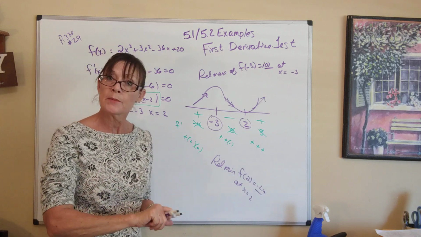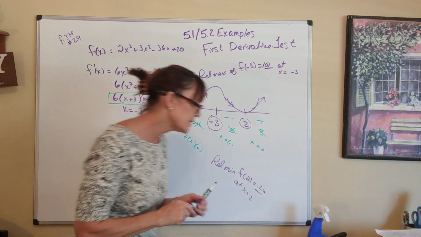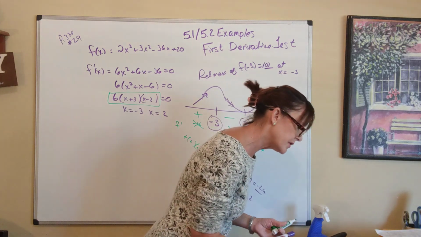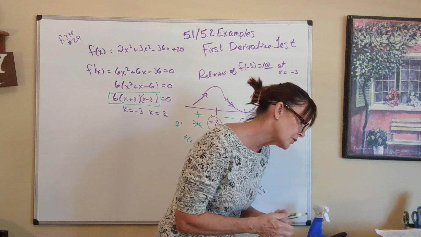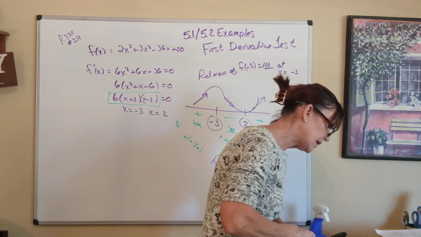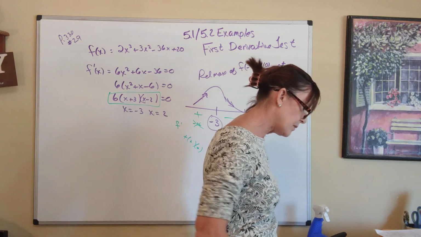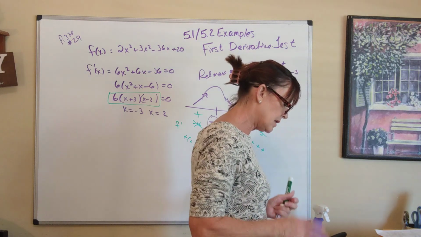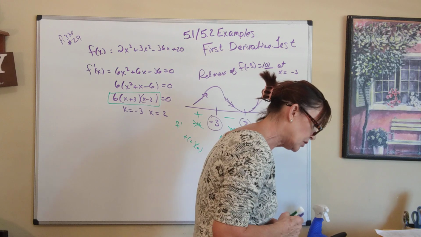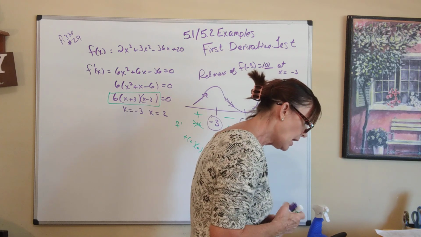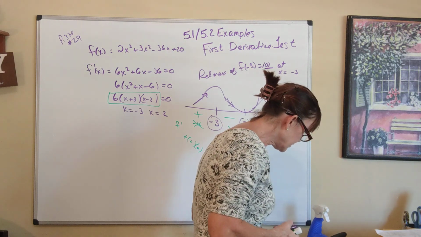Okay, we have one more example for this video, and it is number 63 on page 331, and it reads like this. The average price in cents per gallon of unleaded gasoline in the U.S. can be approximated by this function on this interval from 10 to 19, where t is the number of years since 2000. And then it says, determine,